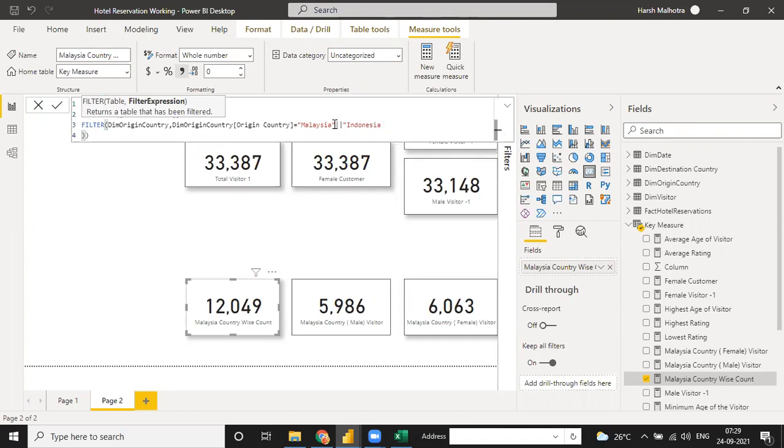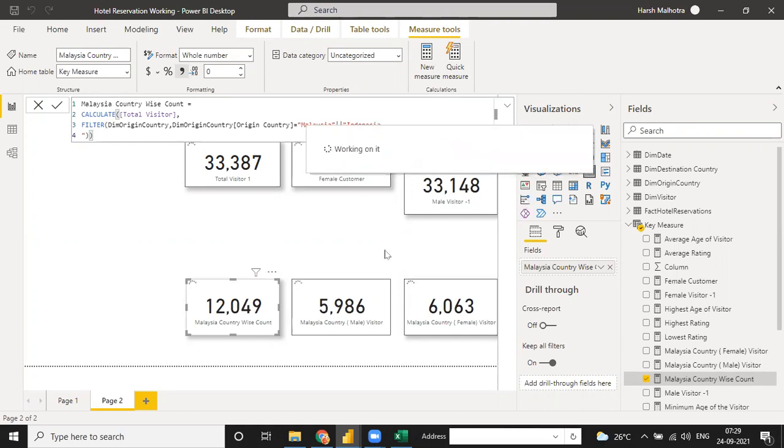Copy this one also and paste it. Right now we are using two functions, Malaysia and Indonesia. We need a count of Malaysia as well as Indonesia. So if you don't need Malaysia, you can just exclude the Malaysia name from here and write a different origin name. This is the main function for origin. Then you just click on enter.